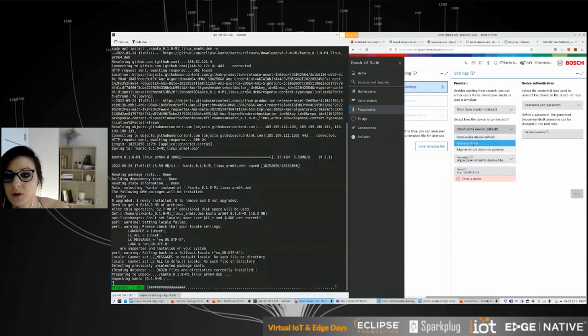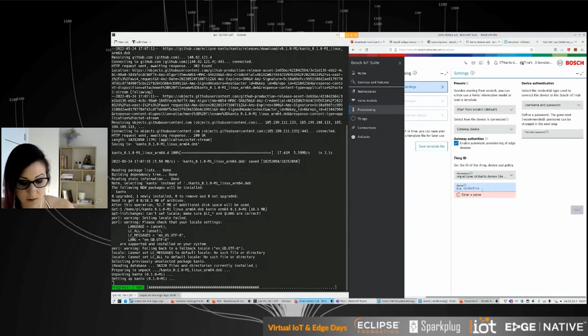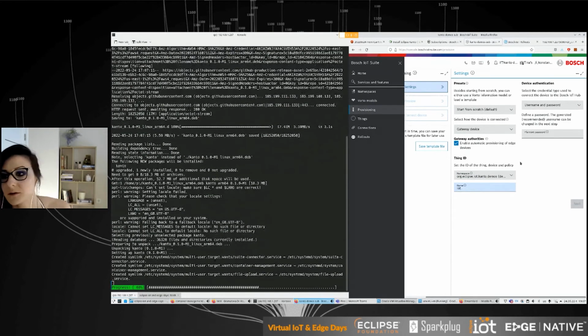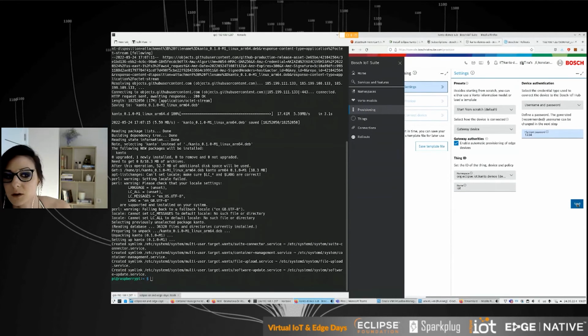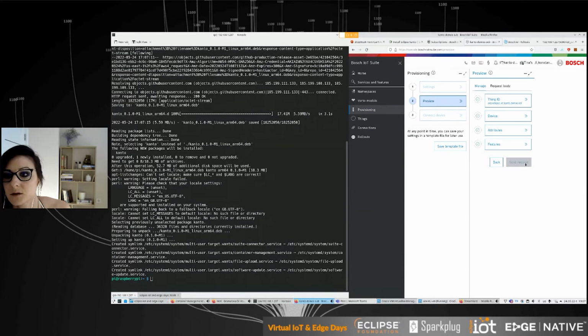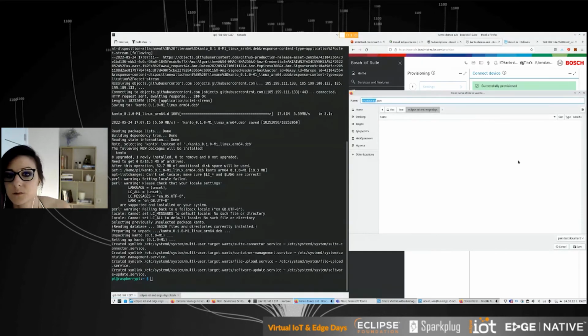We will make it a gateway device because we have virtual things that encompass the virtual capabilities, like, for example, container management, and this is why I'm enabling automatic provisioning of edge devices. Let's call this, why not, IoT, with a very secret password. And this is all I need to do to provision my new device. Okay, I will save the response for now.